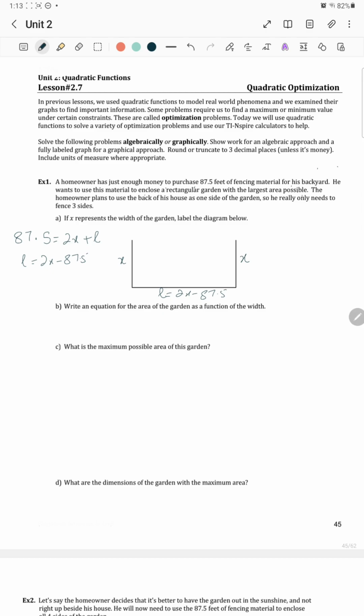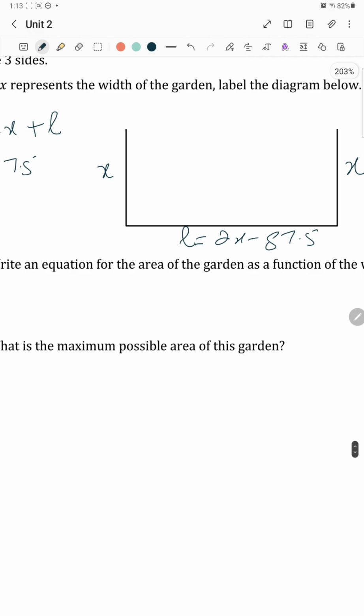Write an equation for the area of the garden as a function of the width. So area will be equal to length into breadth. Area is equal to x times the length, 87.5 minus 2x, which is equal to zero when x is equal to 0, or 2x is equal to 87.5 and x is equal to